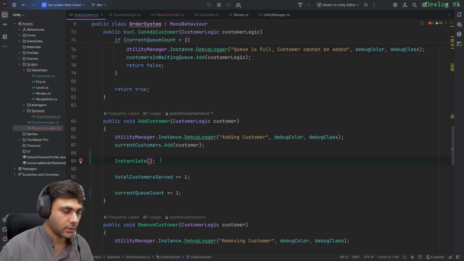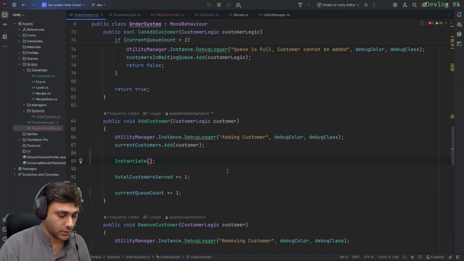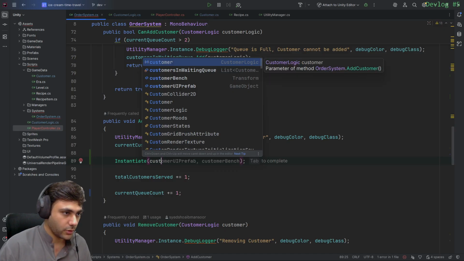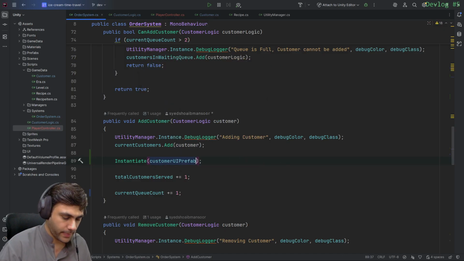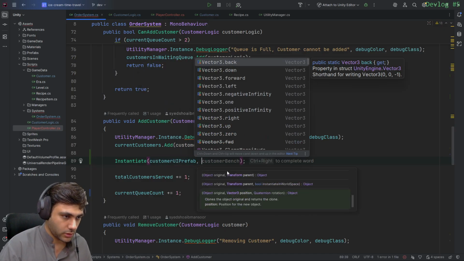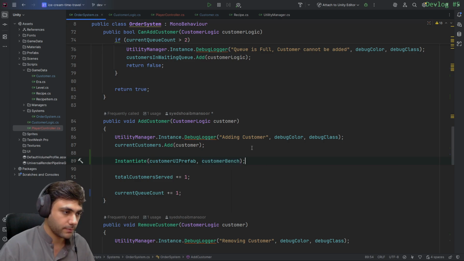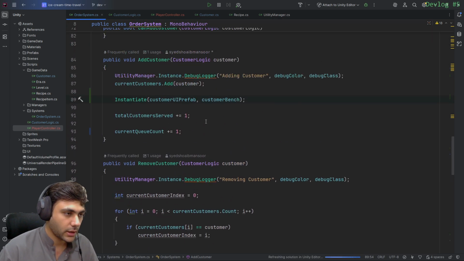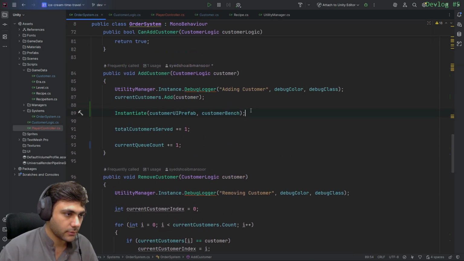Instantiate customer UI prefab to customer bench, and then what